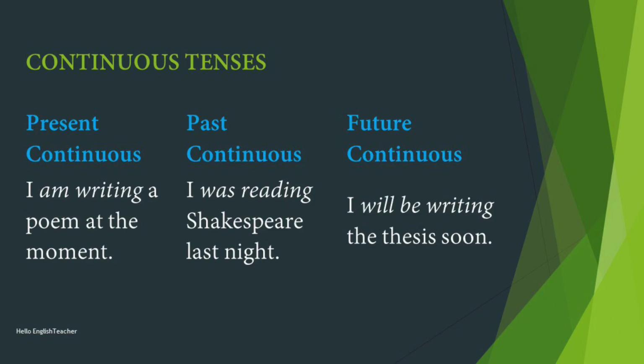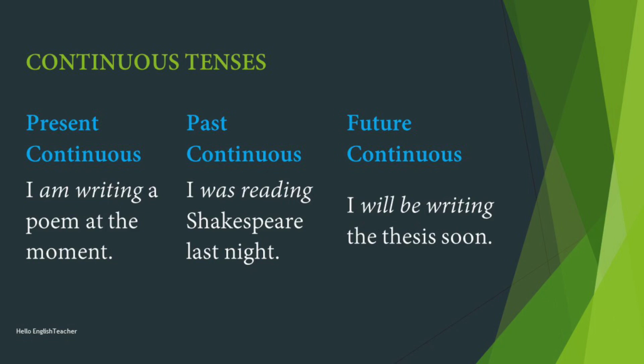You can also use this tense to show something that is going to happen for a longer time. For example, I am reading the book Tom Sawyer. That means you are continuously reading it and you will be reading it for some time in the near future as well. Another thing is you can also express something that is going to happen in the future, something that will be continuous to the future as well. For example, I am going to the party tonight. I am meeting some friends after work. These are also some examples of present continuous form which extends a little bit.